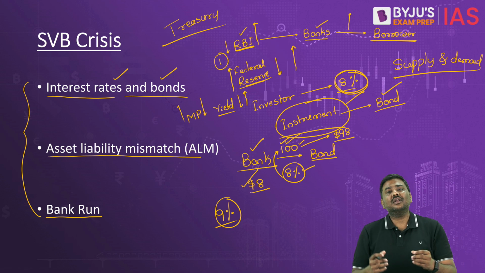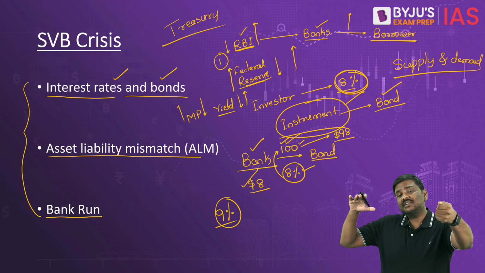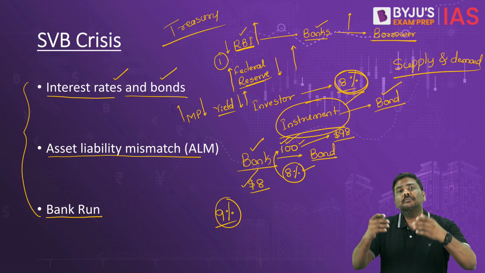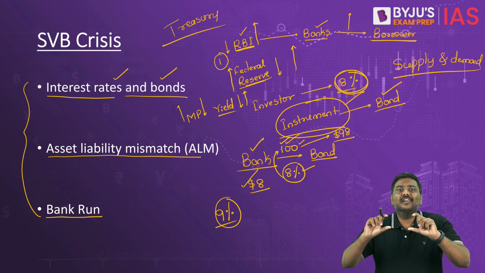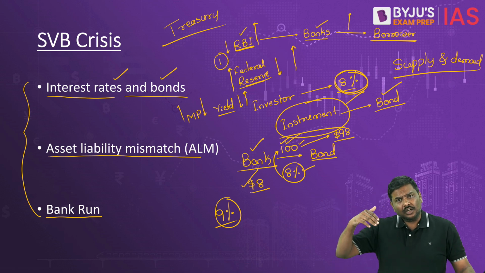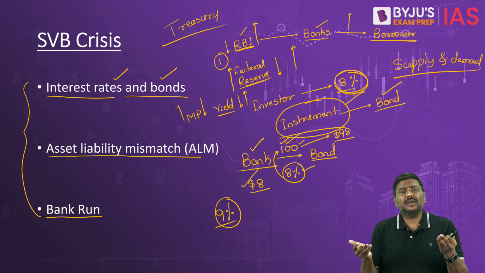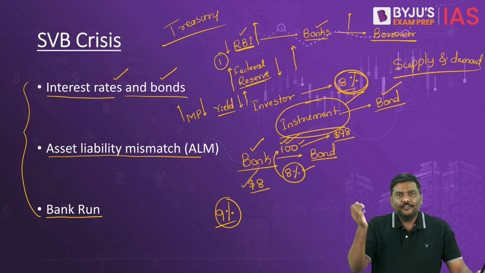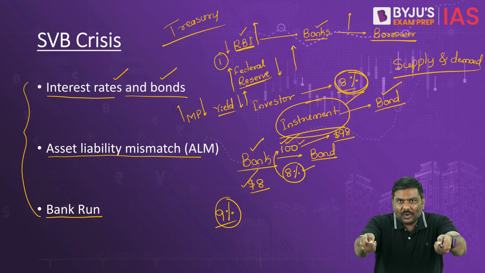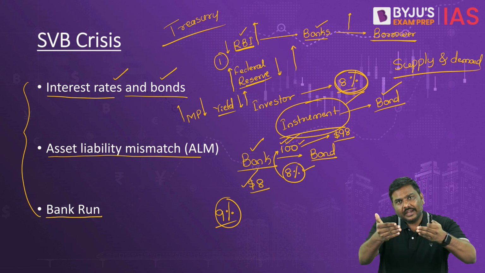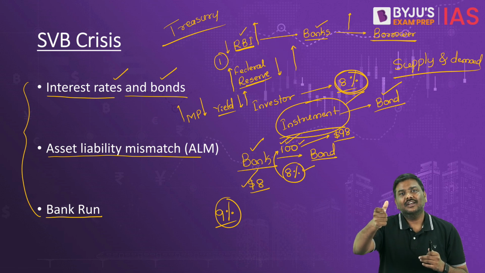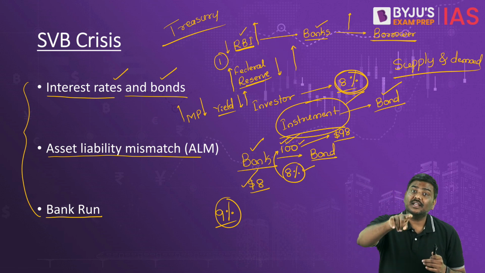That is, let's say you are earning $8, but the market prices of the bonds go down from $100 to $95. You are earning $8 by investing $95. That is, yield rate is much higher than 8%. But on the other hand, if the yield rate goes below, how is that possible? Simple, market prices will go up. From 95, imagine it will go to $105. So you will pay 105, get one bond, and you will get $8 returns on it. So $8 divided by 105, your returns would be lower.